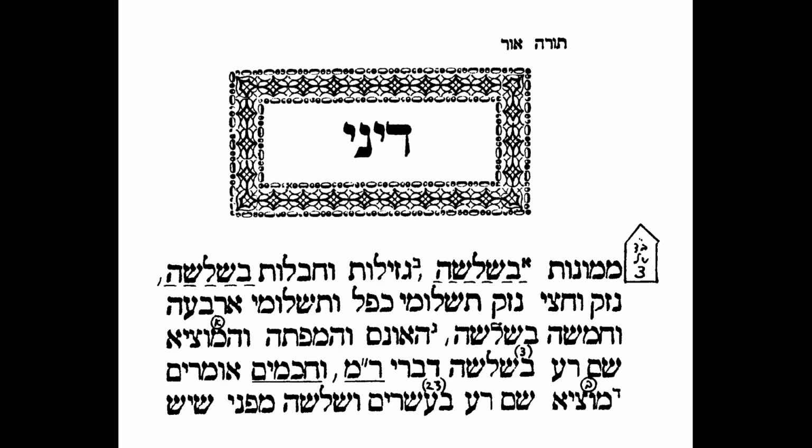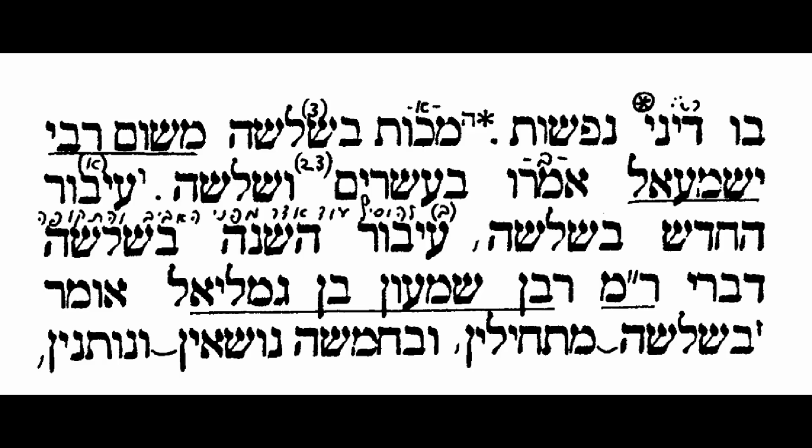Ha'ones v'hamefate, cases of rape and seduction, v'hamotzi shem ra, a case where a man marries a woman and declares that she's not a virgin as he had expected, are judged bishlosha. Divrei Rabbi Meir, v'chachomim omrim, motzi shem ra be'esrim ushlosha. The case of motzi shem ra that we just mentioned is judged by 23. Mivneh sheyesh boi dine nefoshos. 23 is the number of judges that's characteristic of capital cases,